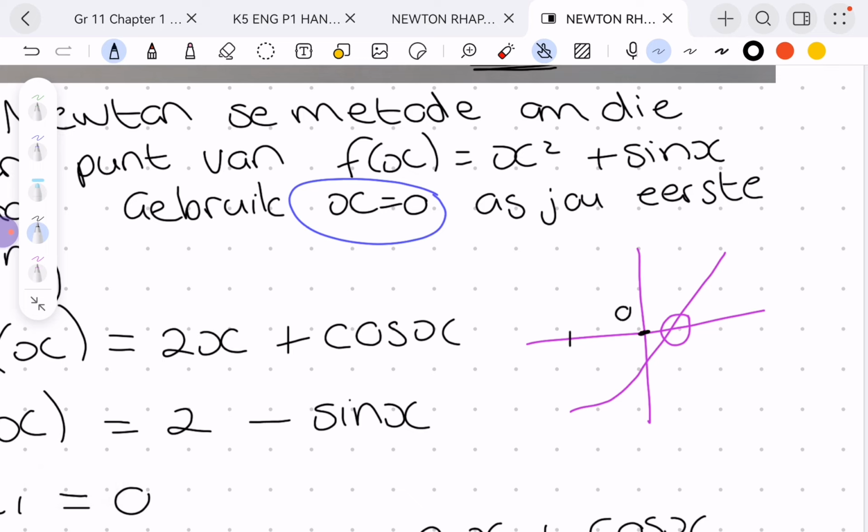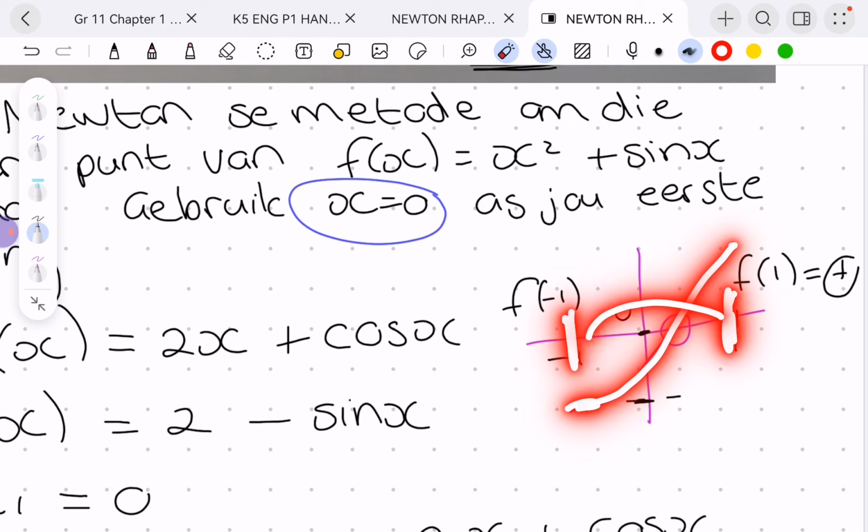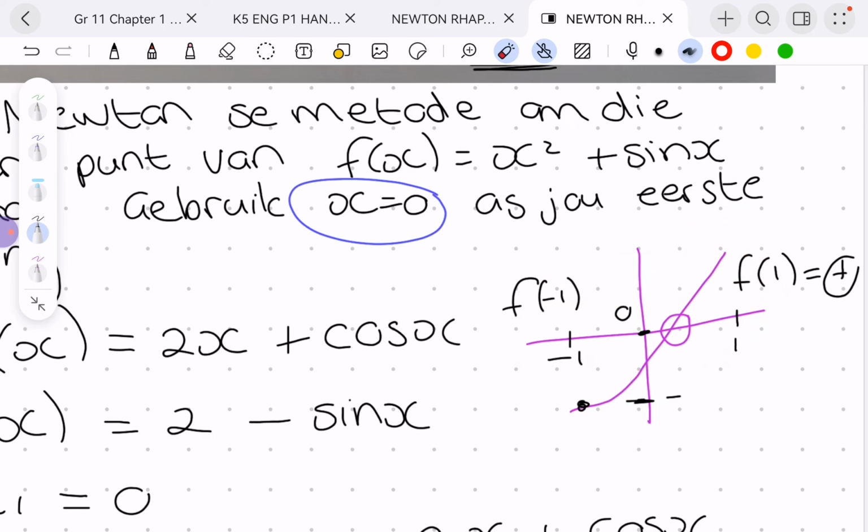We're going to look at the one just before and the one just after. If the function at the point negative 1 has an answer that is negative, and the function at the point 1 has an answer that is positive, it means it went from negative to positive. So between negative 1 and 1, somewhere here it definitely had to cross through the point. So 0 is a good plan because just before 0 the graph was negative, and just after 0 the graph is positive. So that is a good estimation.